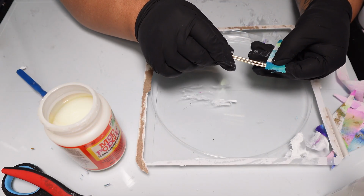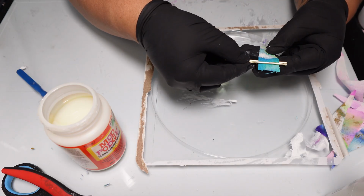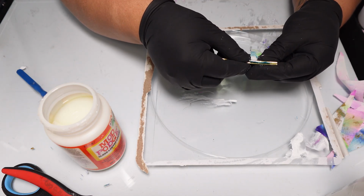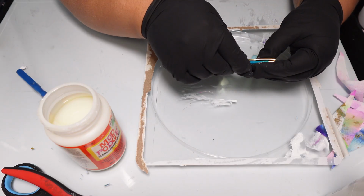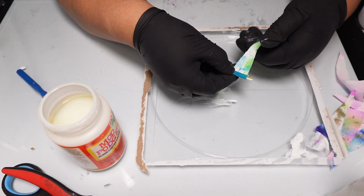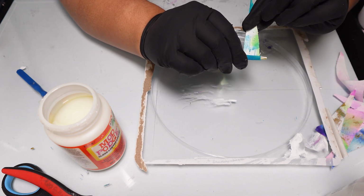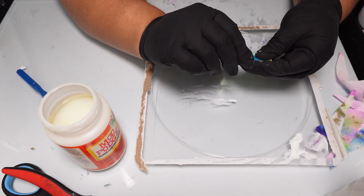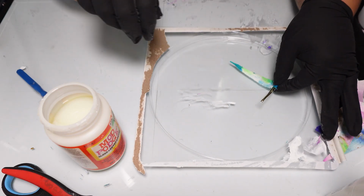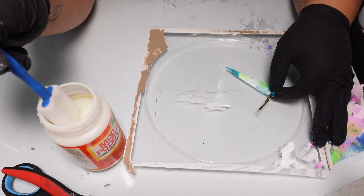So I'm going to slide the fabric between the two pieces of the wire. And then I'm going to slowly start to fold it backward. And I'm going to do 2 rotations until the wire is completely covered with the fabric. Okay. And then once I have that and it's secure, I'm going to take my little sponge brush, dip it